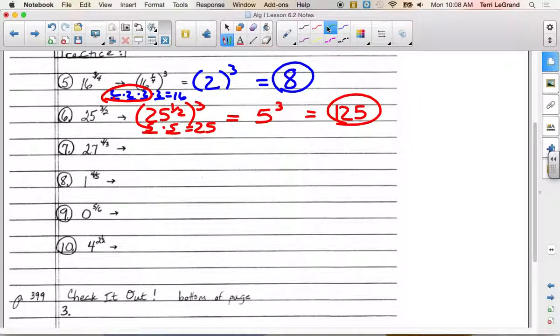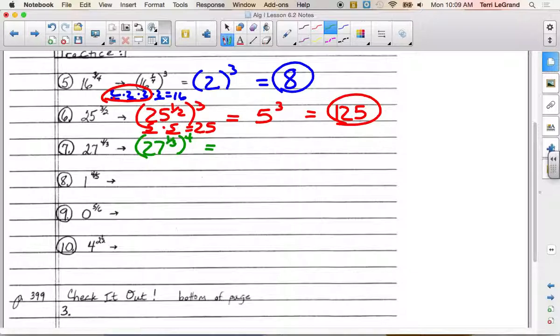27 to the 4/3 power. How would we first write that? 27 to the 1/3 power. Remember, the denominator is the first one that gets used. And that gets raised to the 4th power. Okay. So what we're really looking for when it's 27 to the 1/3 power, we're looking for what number? The 3rd root. So what number times itself